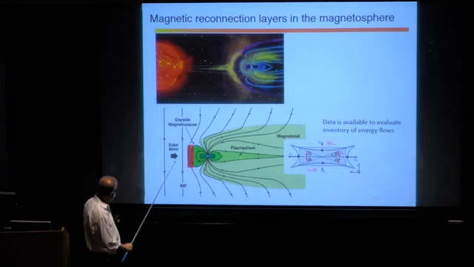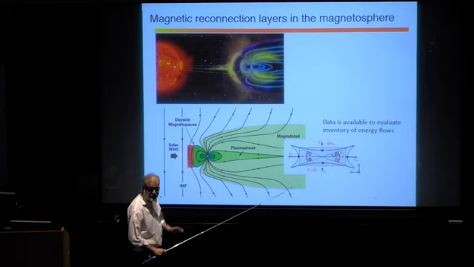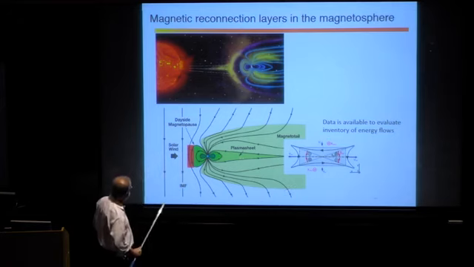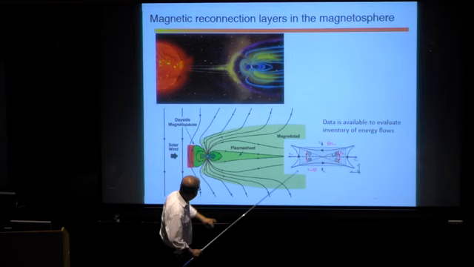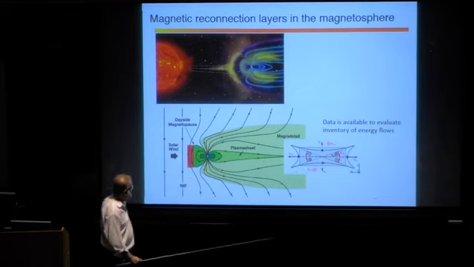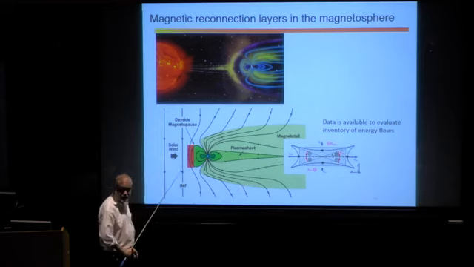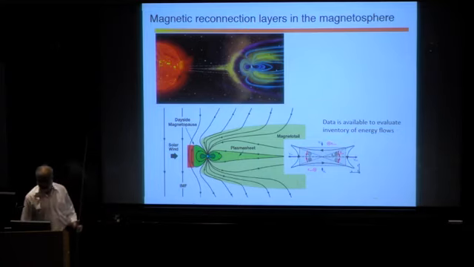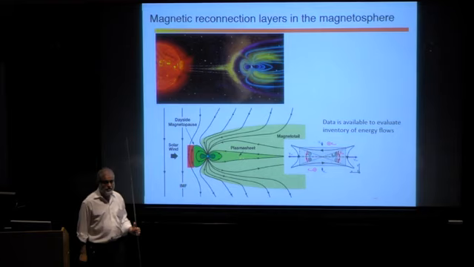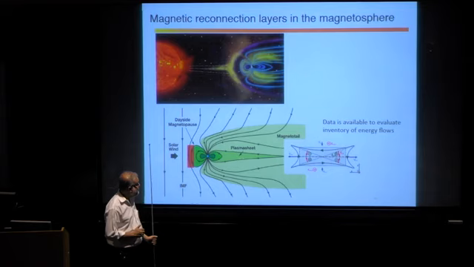It's an issue of topology: you form something like an X point that then allows flux to be transferred to the night side. They call it the night side because the sun is here, the Earth stands in between, and on the other side of the Earth, you have the plasma sheet. That flux leads to the thinning of the plasma sheet, and you can have reconnection going on out here just as you could have it going here. And in both places, during southward turning of the interplanetary magnetic field, reconnection potentially occurs because you're looking at field lines that are pointing in opposite directions.